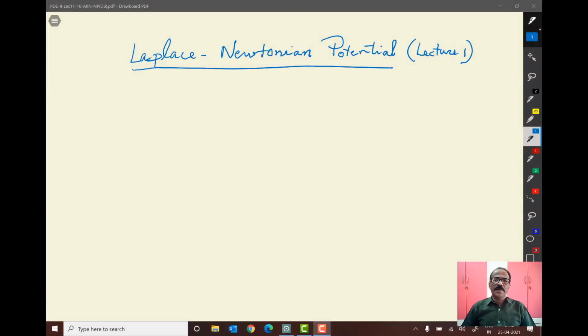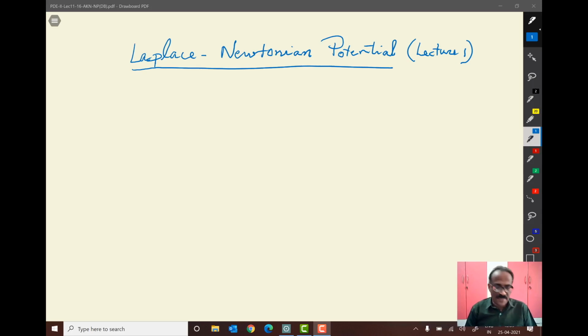Good morning. And now in the next few lectures, maybe 5 lectures or so, we will be discussing the solubility of the non-homogeneous equation with a homogeneous boundary condition. And what we use is what is called the Newtonian potential, and this is also known as the potential theory. So before coming to the potential theory, let me spend some 10 minutes on what we did